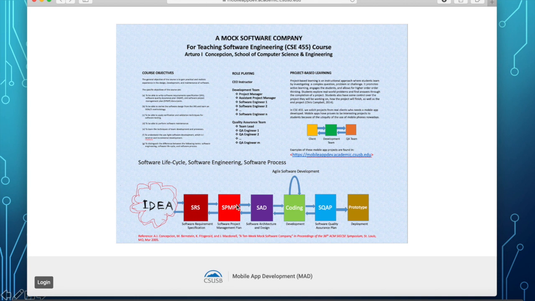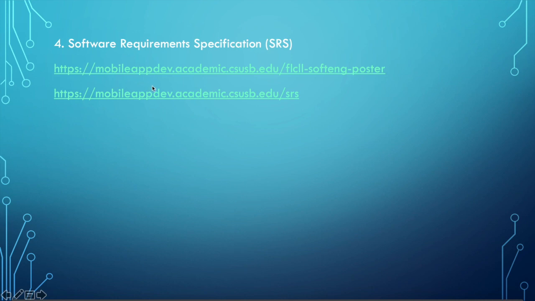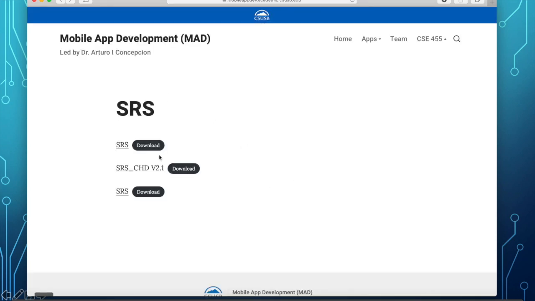So following this software lifecycle, the first phase is defining what are the functions that you want to improve or add to this specific cycle of the software. Okay, so let's look at the document that we're going to use, and this is the software requirement specification.